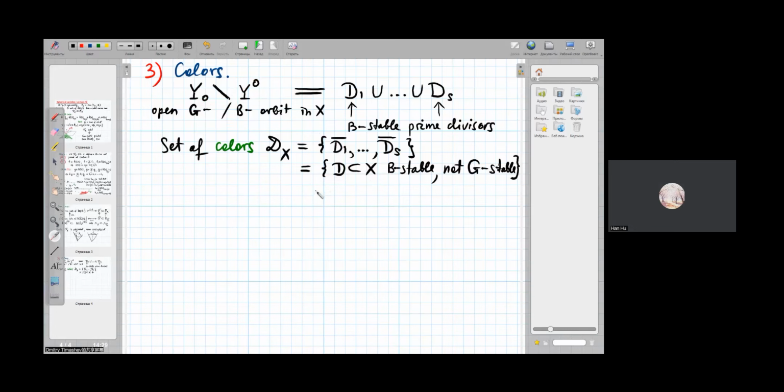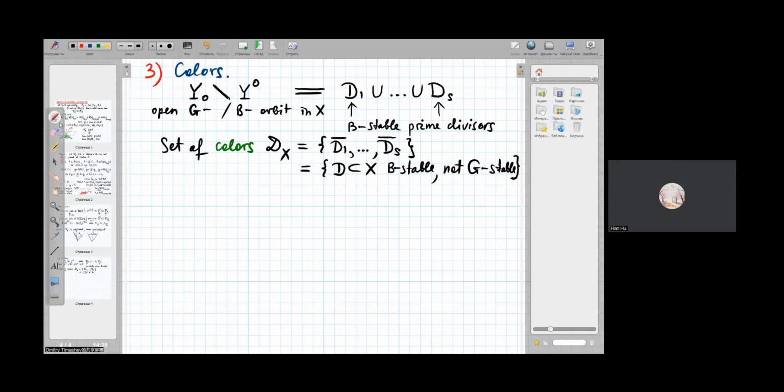Why the closure of Di is not G-stable? Well, because Di itself is not G-stable. Di itself is open and dense in its closure. Yes. I see. Di does not lie in the